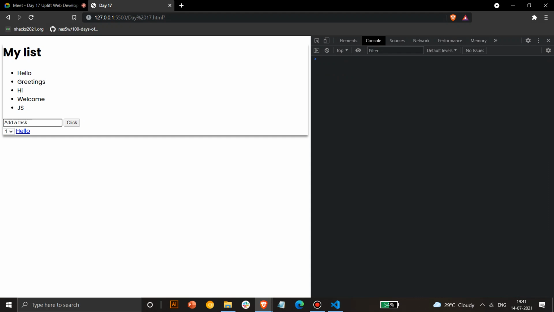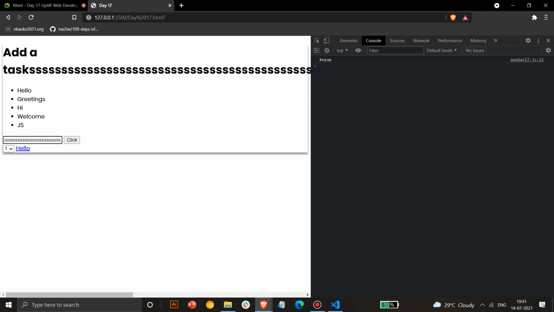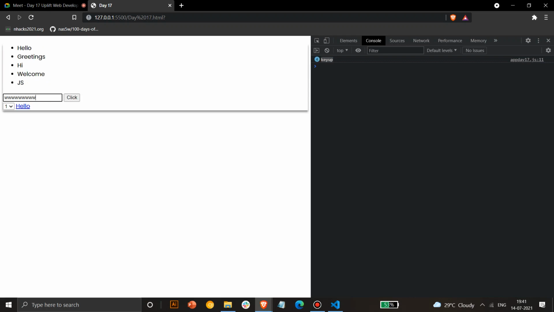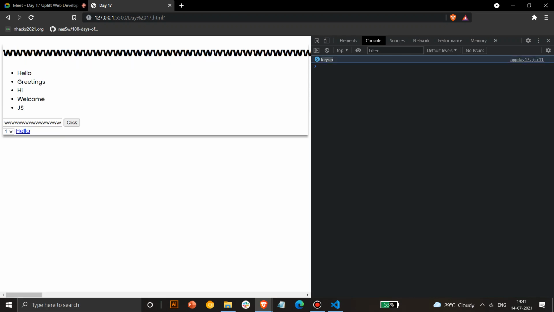Key up: as soon as I click a button, it won't give an error until I put that key up. As soon as I put it up, it will run key up here. So this is how it works. Until you push up the key, with your hand above the keyboard button, it will still not render that particular key. As soon as you put it up, it will start key up here.